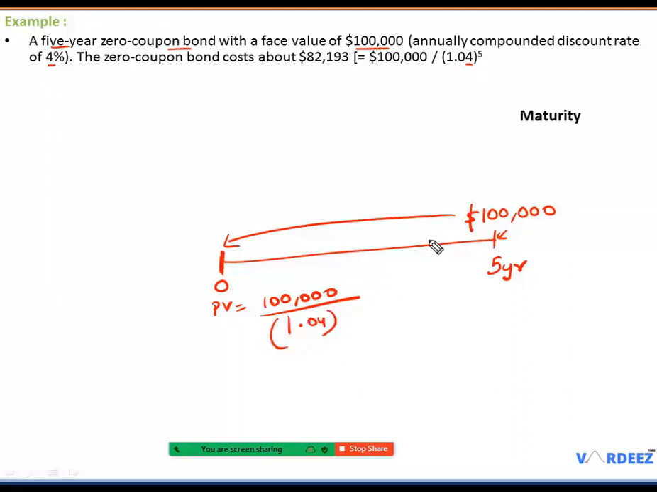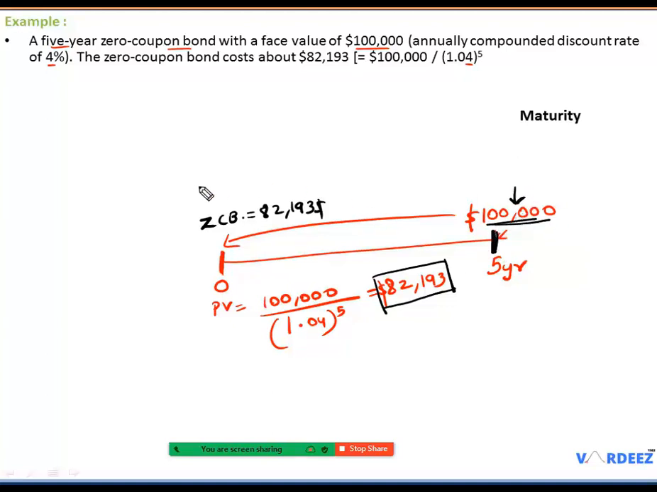We are taking the present value back to 5 years. So we just have it over here to the power 5. And once you calculate this, it's going to come to $82,193. Okay, so this is my cost to buy this zero coupon bond. I need to pay $82,193, and at the end of 5 years, I will have